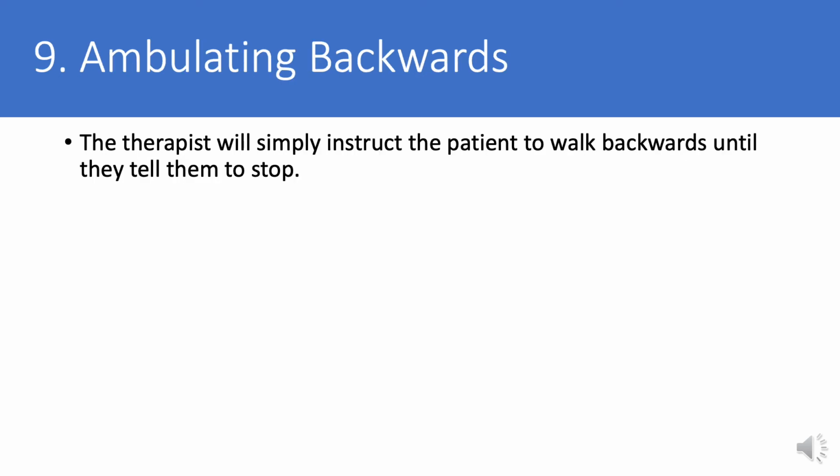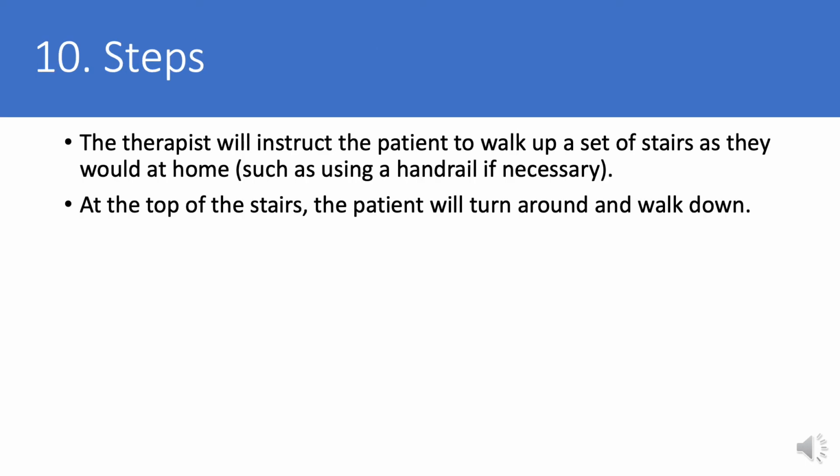The ninth assessment simply has the patient ambulating backwards to a spot determined by the therapist, not necessarily at the end of the 20 feet. They will walk backwards until the patient tells them to stop. The 10th assessment forgoes the 20-foot marker for the actual gait for the first 9 assessments, and the therapist instructs